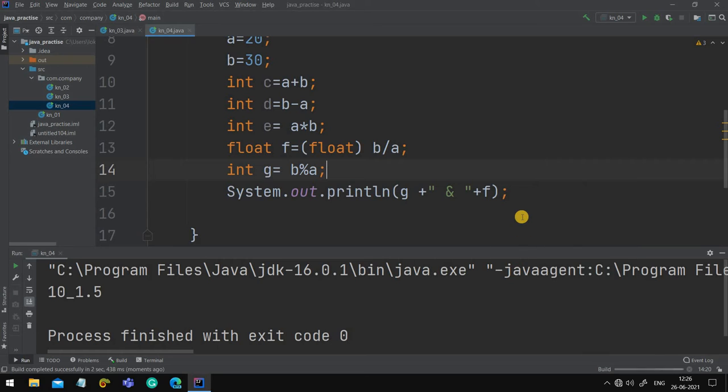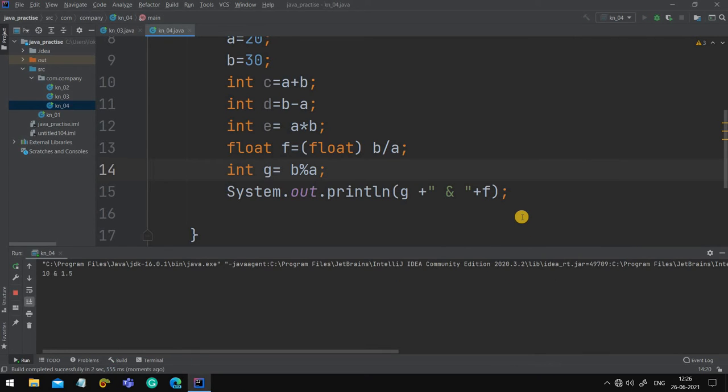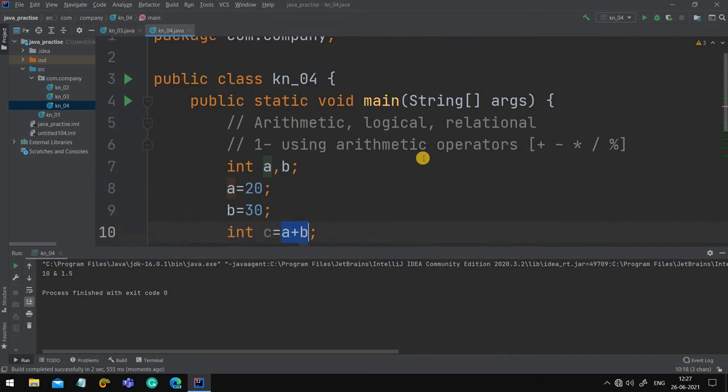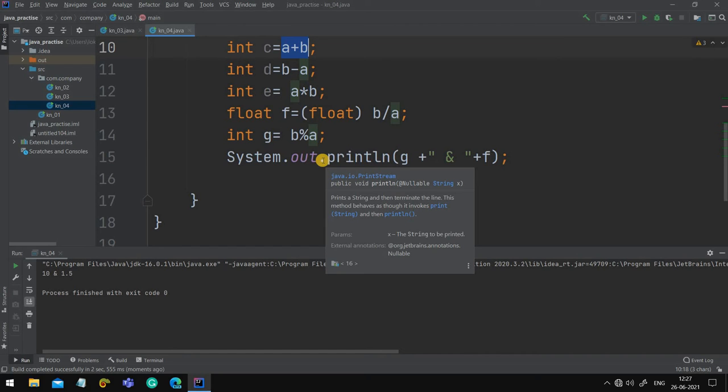Okay, now it was all about arithmetic operators. Now this expression which is dealing with arithmetic operators, or the expression which is having arithmetic operators, is known as an arithmetical expression. This might be also clear to you. It's very easy. Now let's go to the second topic, that is logical. Let me tell you about logical. What does a logic reply to you? True or false. This operator will always give the output in true or false, in a boolean variable. Now let's see how it is going to give.